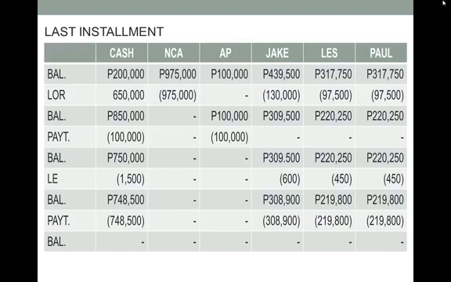So, after payment of liquidation expense, the balance of cash is 748,500. Then the capital account balances: to Jake 308,900, to Les 219,800, and to Paul 219,800. So before we proceed to payment to partners, let us know first how to distribute that